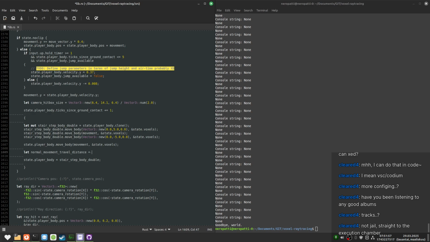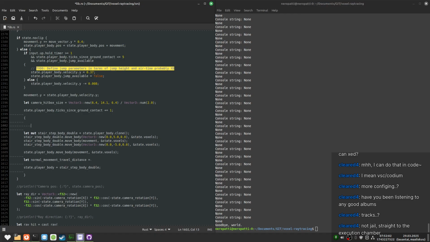Now we have... we don't have the pre-movement position. Then we take the state of the player body position here.